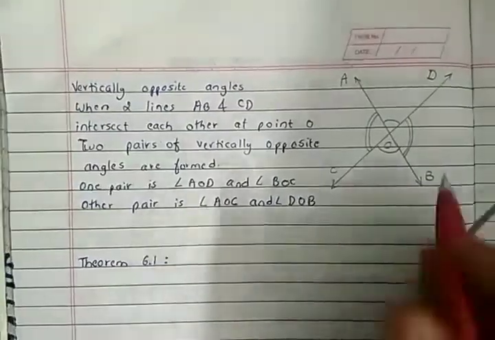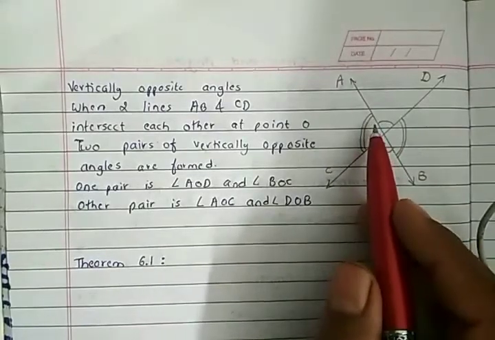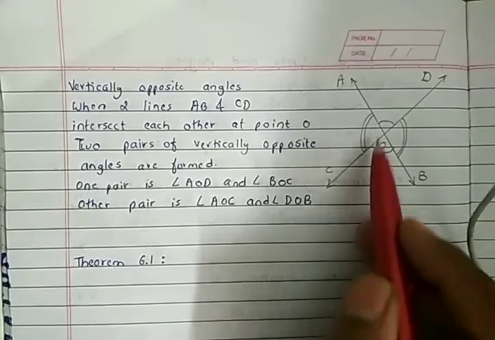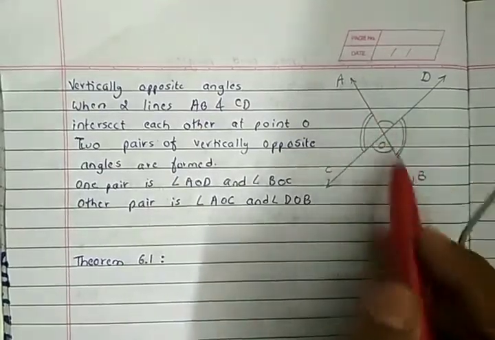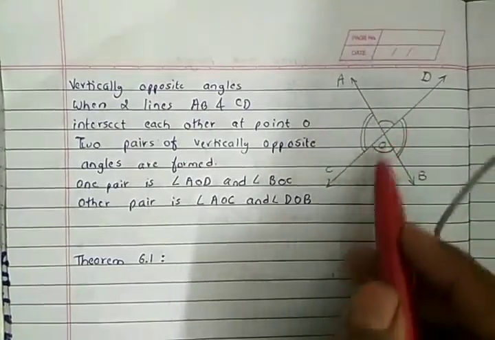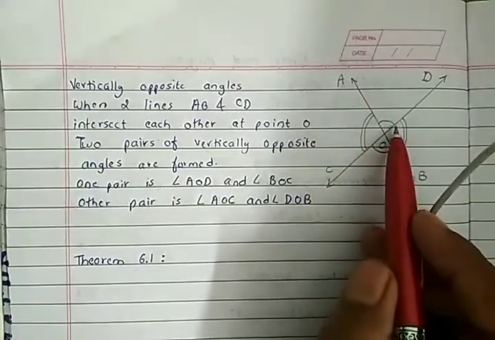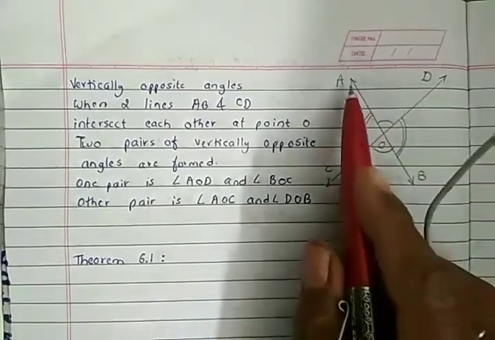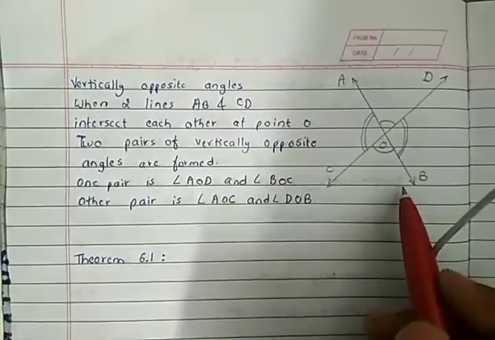You can make out from this figure, I have drawn the two angles which are equal, with the same sign. Here I have drawn two lines, here also there are two lines. So these two angles are vertically opposite angles, and those two angles are also vertically opposite. There is one line drawn over here, one line drawn over here. So these two angles are vertically opposite, and these two angles are also vertically opposite.